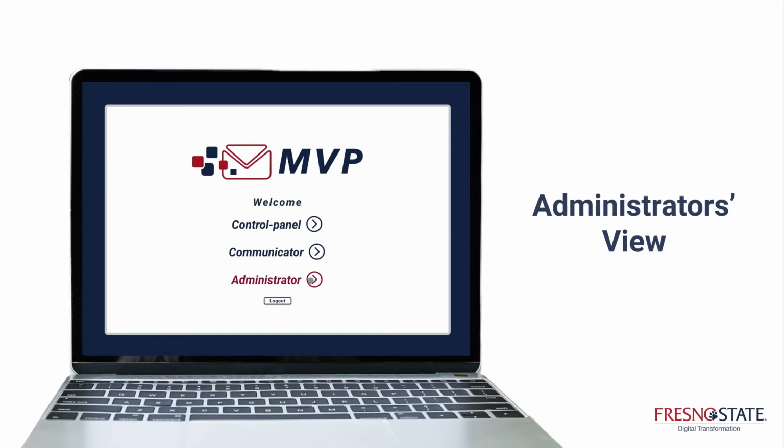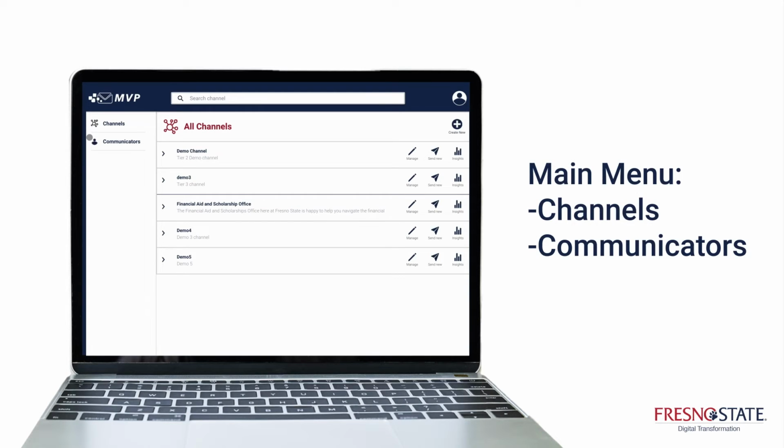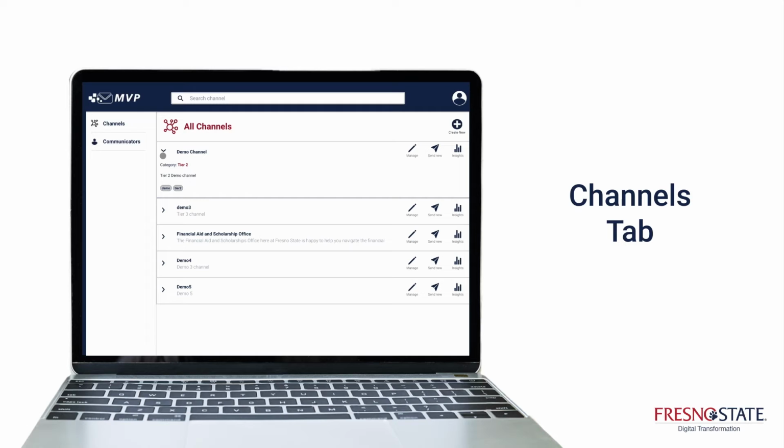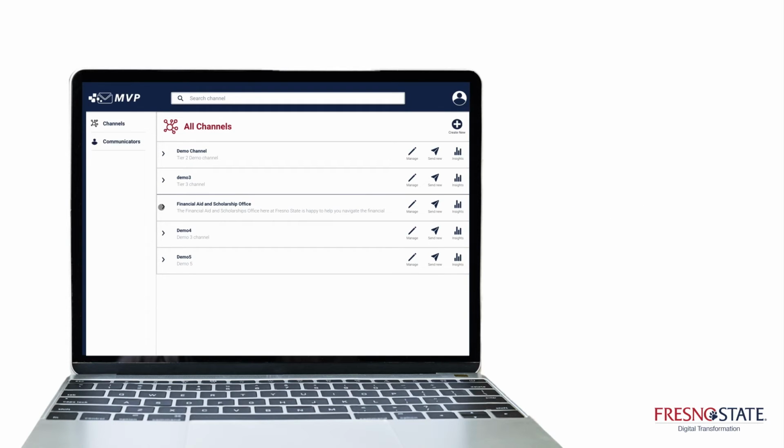Now for the administrators. Once the administrators are logged in, the first thing they see is all of the channels available in the platform. To the left, they have their main menu, which contains channels and communicators. So first, the channels. Administrators are able to see the information about the channel by clicking on the arrow located on the left side of the channel's name. Here, we'll see the information such as the tier of the channel, the description, as well as the tags applied